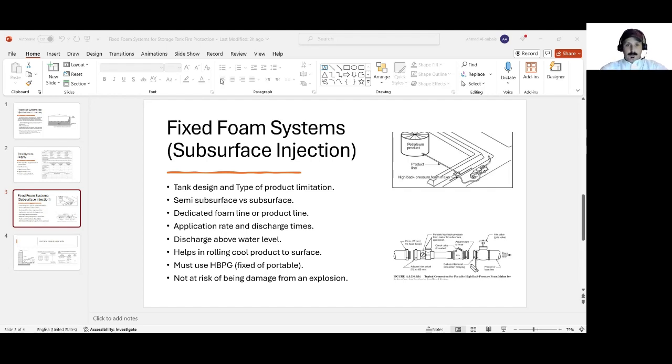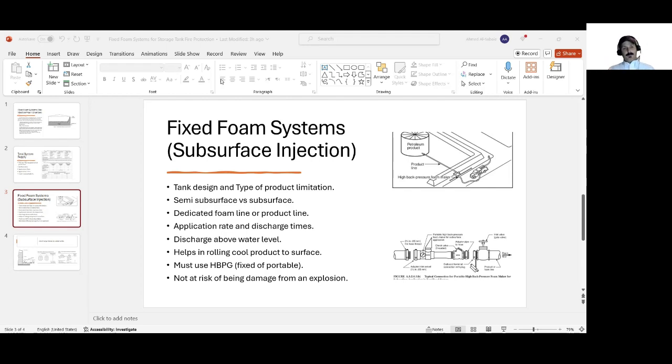And today's video is about the other type. So there are three main types, or three common types, used for fire protection of storage tanks related to foam. And today's is one of the three types, the subsurface injection system. So as I said earlier,